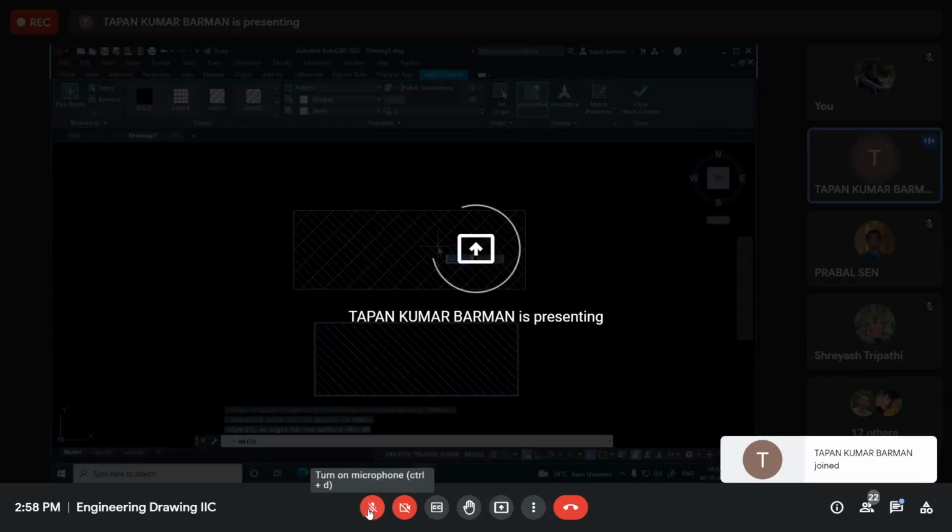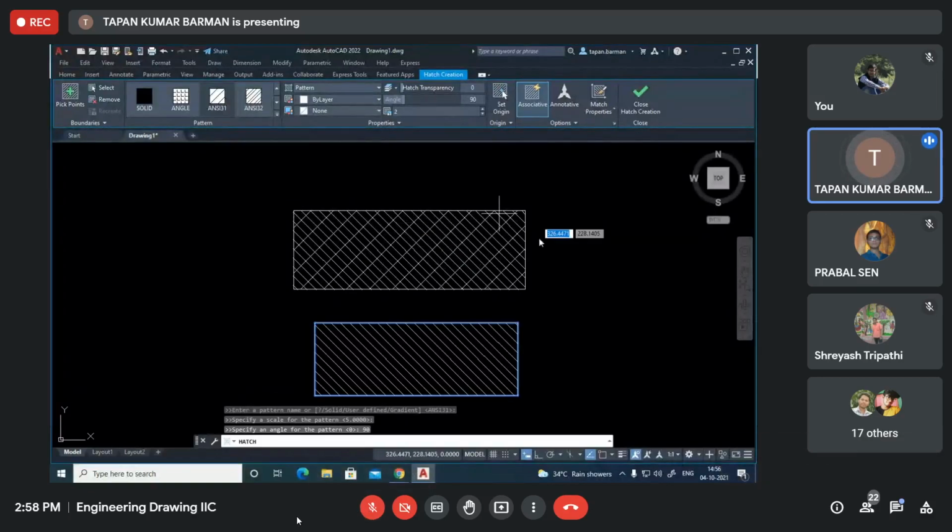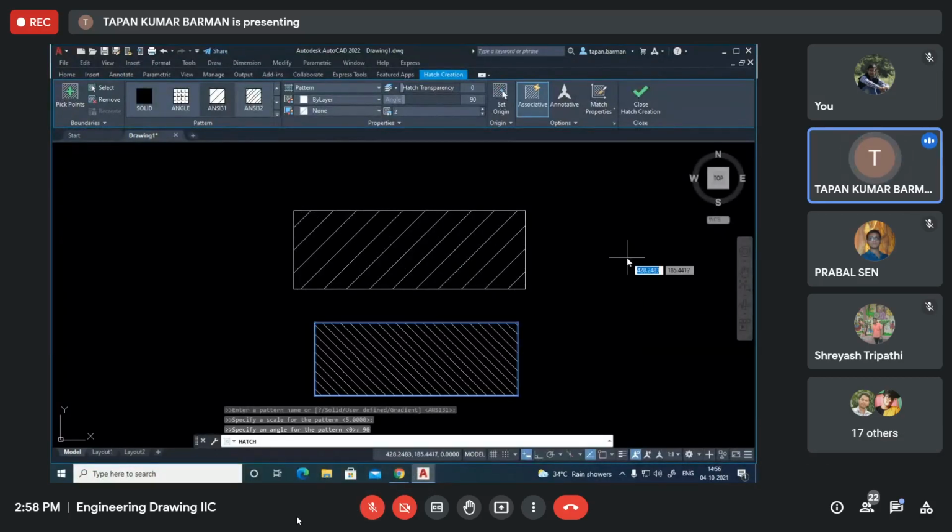Now here we have taken an internal point to select the boundary. Also, it is possible to select the individual lines to select the object, and inside the boundary you may draw the hatch lines. But remember, to give the hatch lines, there should be one valid boundary.